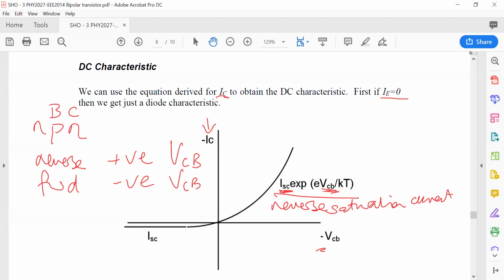Here we should recognize this as simply a diode characteristic for one of the junctions, the second junction between the base and the collector. Now, that was when reverse bias is applied to the collector base. The reverse bias means a positive voltage being applied to the N-type collector. That's how we like our device to operate, but you can obviously have an emitter current coming through the device as well. So if we do that, we need to remember that,